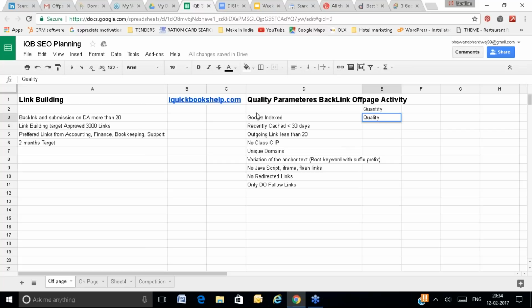The other quality factor is that you should always try to get a backlink from a page which is present in the Google index. Try to get backlinks from pages crawled by Google recently, in less than 30 days.